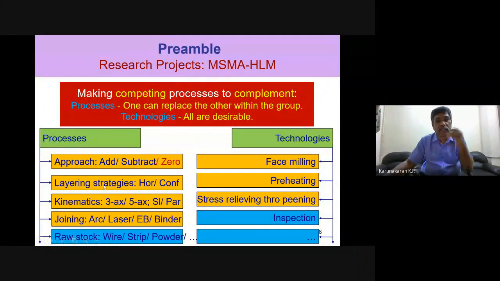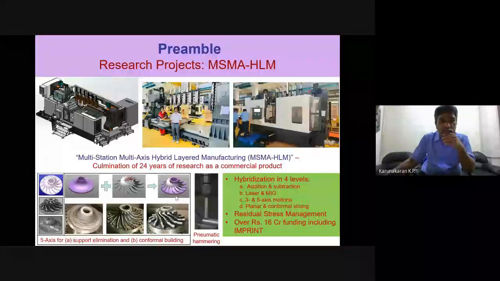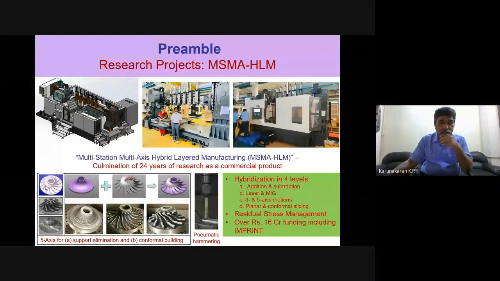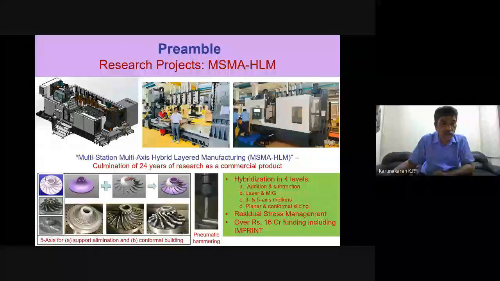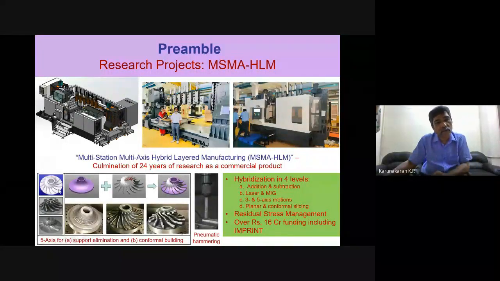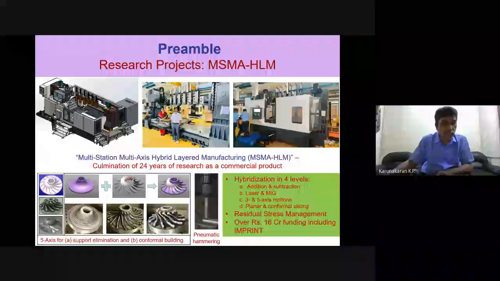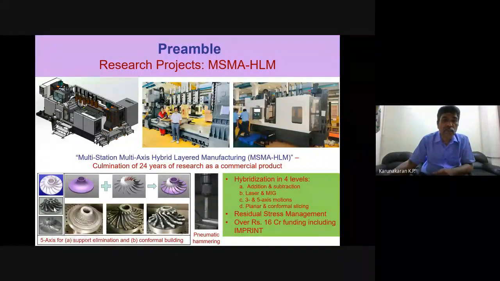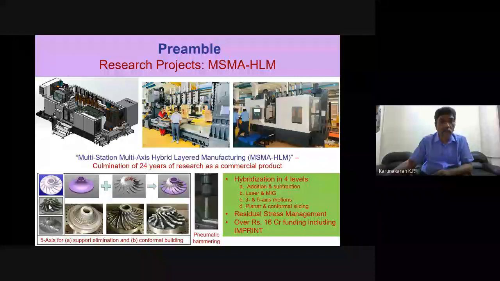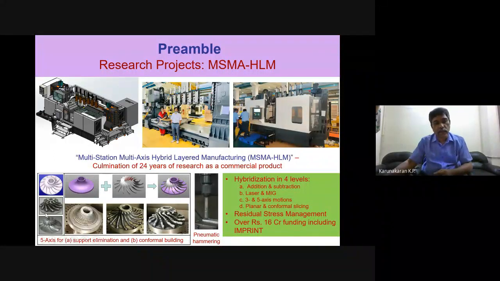Then coming to the layering strategy, we again have different layering strategies. I'm going to explain it by going back to this slide. Here I'm showing some figures of the impeller. I think my arrow is visible on the left corner of these figures. This is the CAD model of the impeller. In the first vertical column, we have the CAD model, the near net geometry achieved in this machine, and the finished machine. So in this, every time we grow the component in horizontal layers of something like 1 millimeter. You can't get exactly 1 millimeter, so we deposit something like 1.2 or 1.5 millimeter and then face